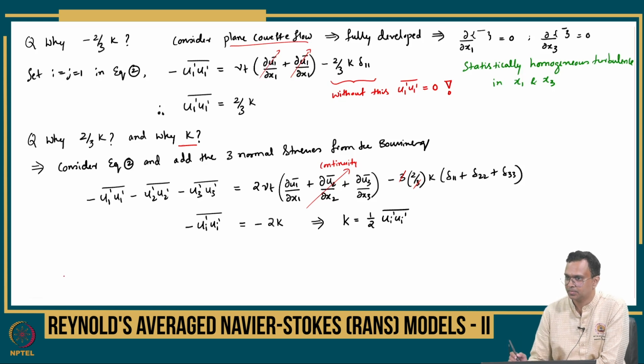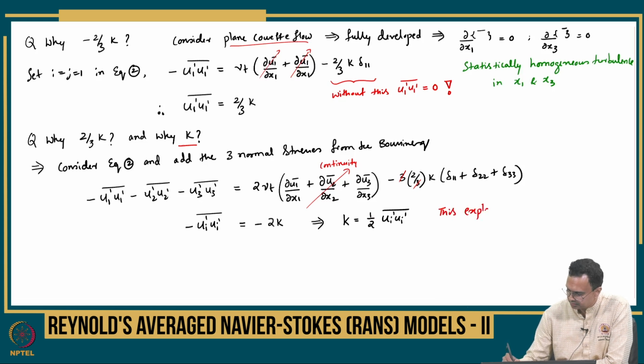Is this clear? Okay. So basically in the Boussinesq, minus 2/3 k is introduced. So now we see why turbulence kinetic energy is introduced, right? Because we want a turbulent quantity to represent the Reynolds stresses, and we actually recover the k expression when we add the 3 normal stresses in the Boussinesq. This is what we get. Okay. So now this explains